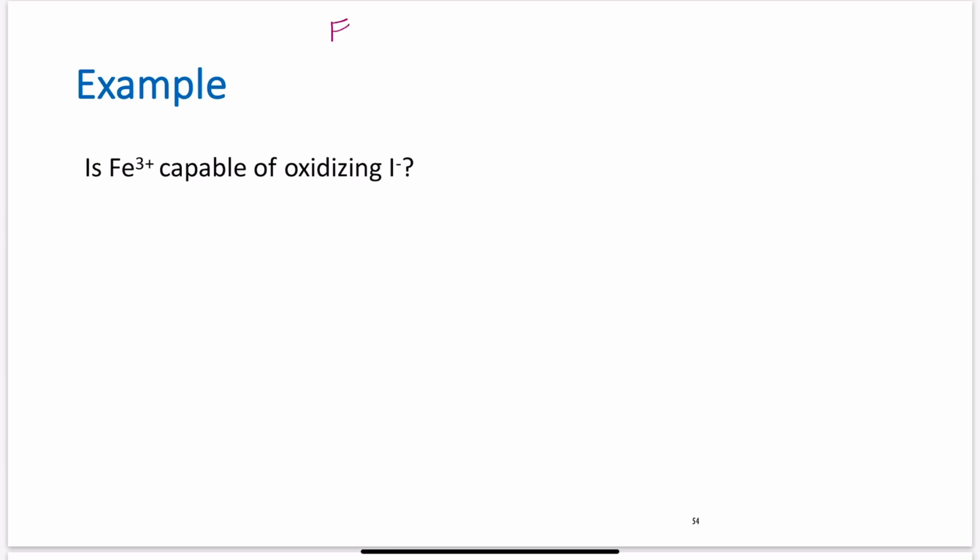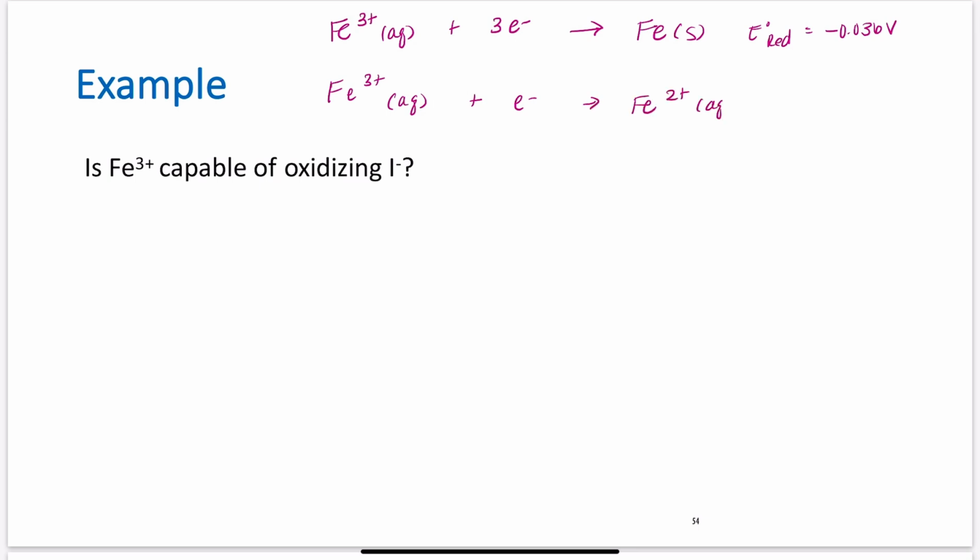I could either have iron 3+ gain 3 electrons, and they do these in successive steps, by the way. Gain 3 electrons. It's not one fell swoop picking up 3 electrons. This would give me Fe solid, which would be a reduction potential of negative 0.036 volts. But I could also have Fe3+ aqueous gain 1 electron, forming Fe2+ aqueous. And the potential here is what I need to look up because I do not remember, I apologize,